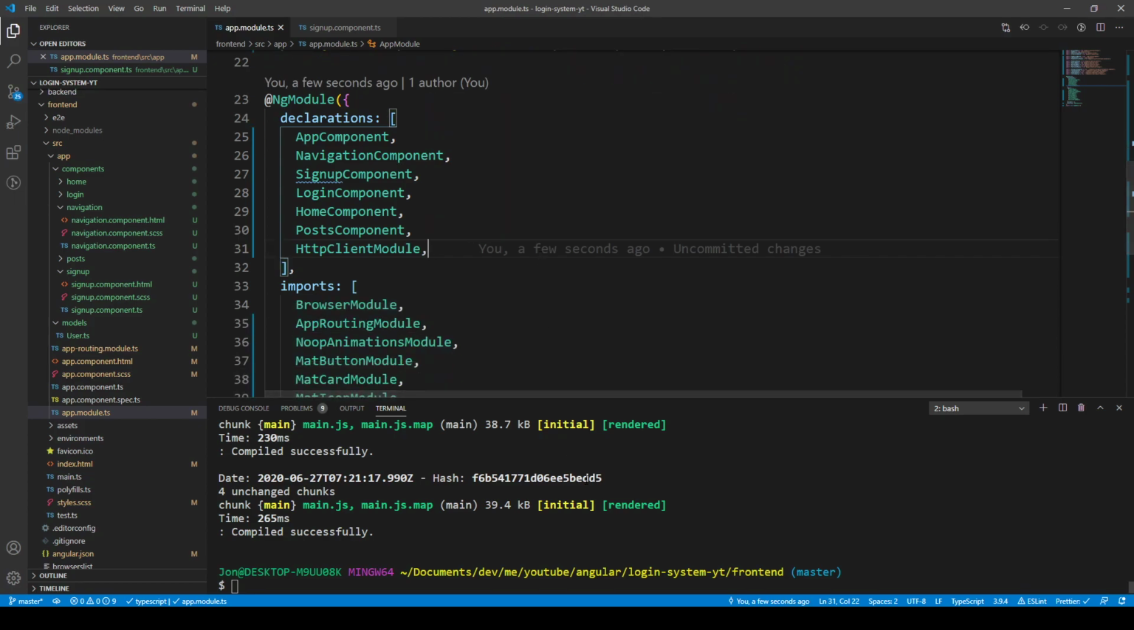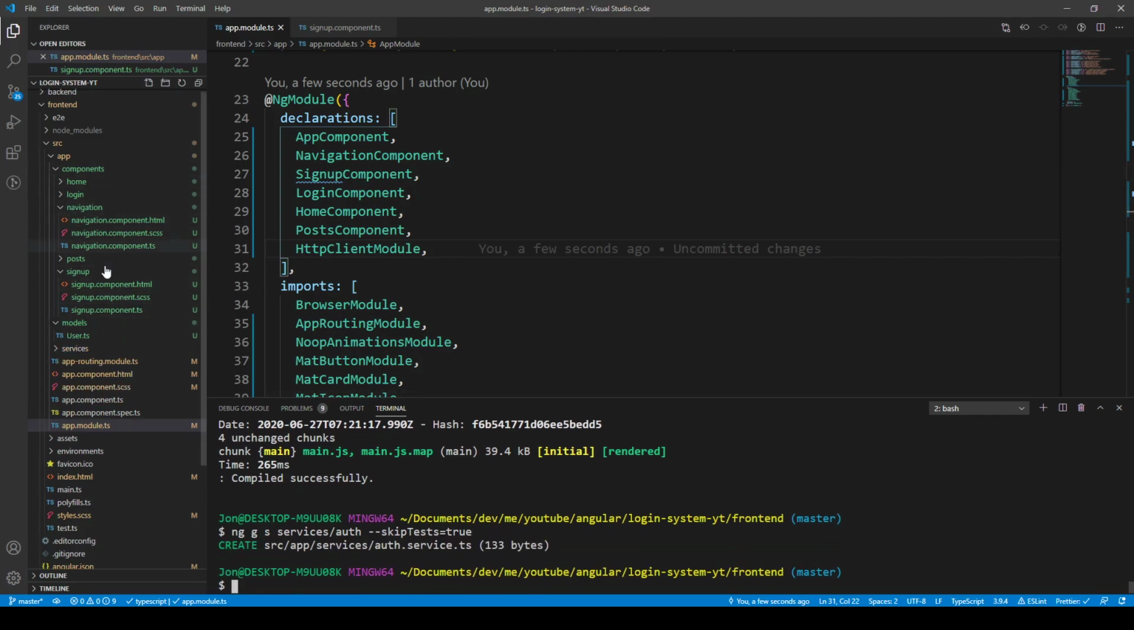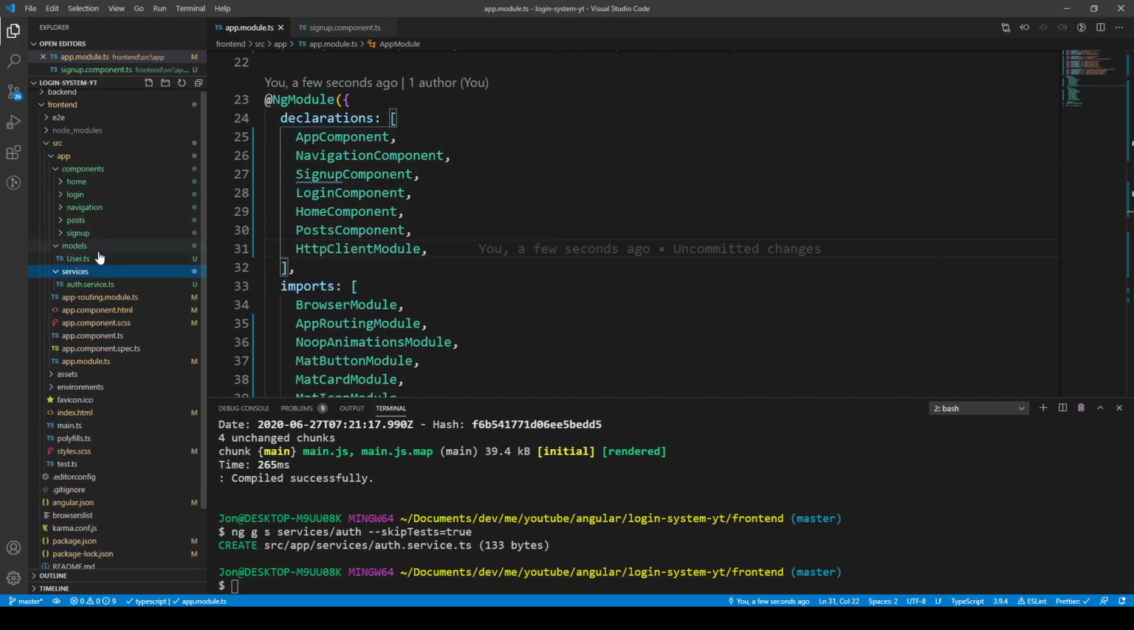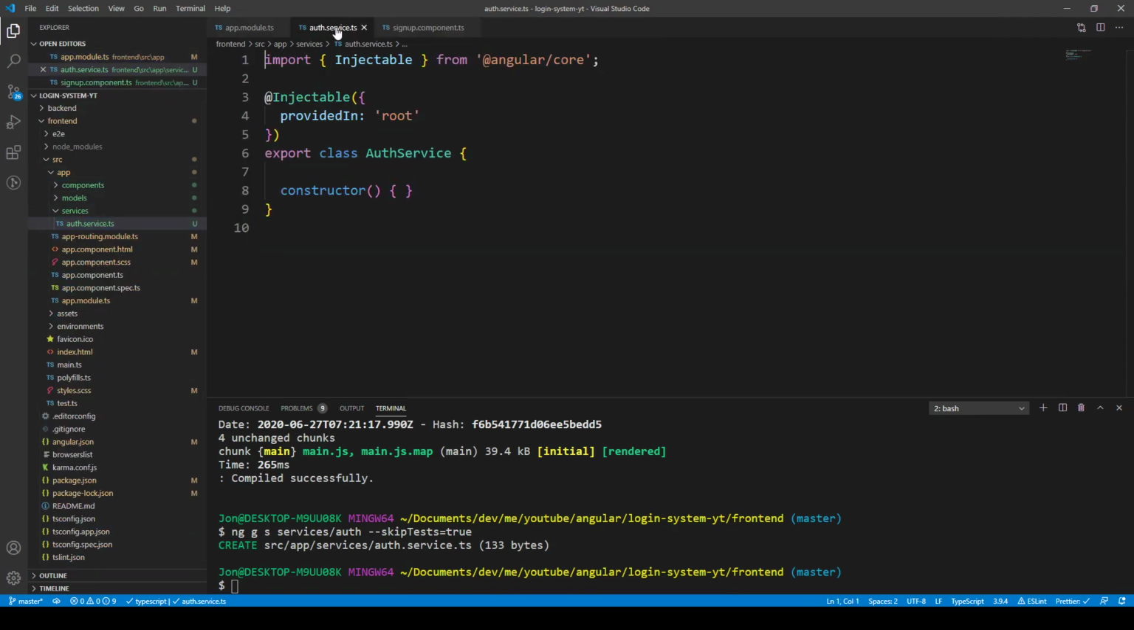Now just before I start the server and the client, I'll create a service. So I'm going to create a service by running ng generate service in the services folder, which is yet to be created, and we can skip the test file by setting skip tests equal to true, and this should generate in the services folder. Where is it? Here. So we've got our components, models, and services, and we got this new service here,